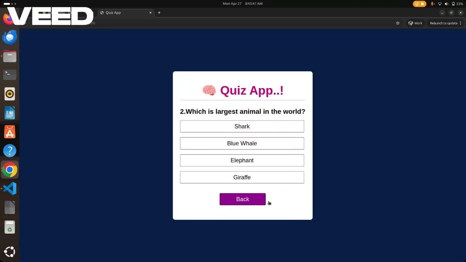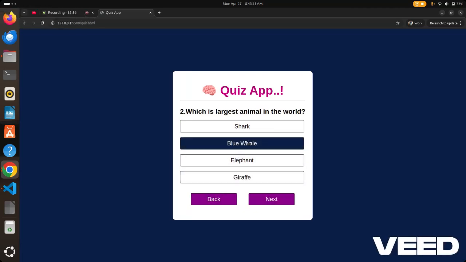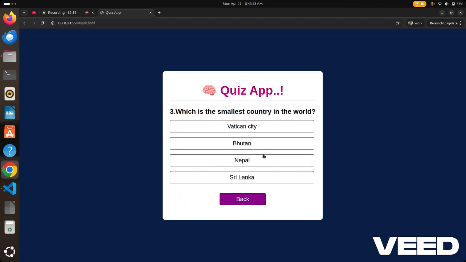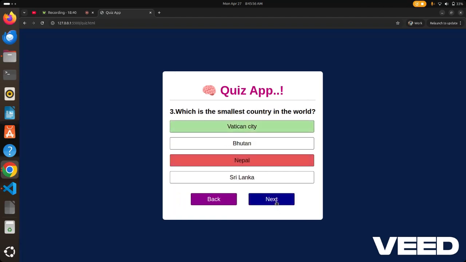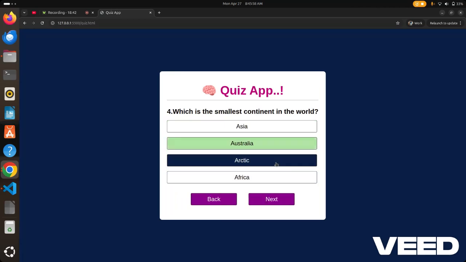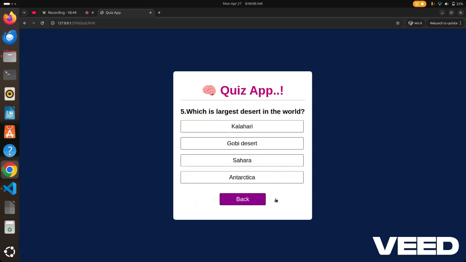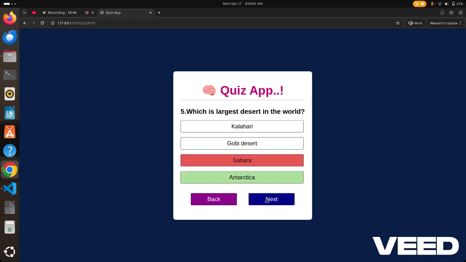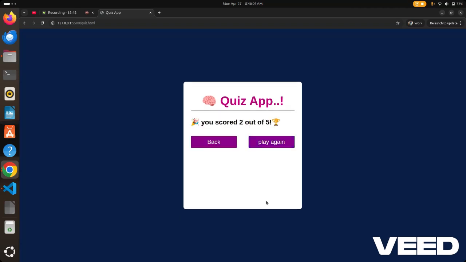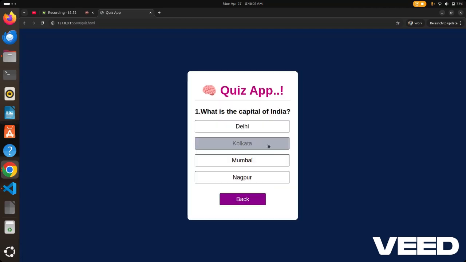You can see here again I am showing you practically, like if I click the correct answer, it is showing the next button. When I am going to the next question, it is hiding the first button. You can see, this is wrong. This is the fifth question, and at the end we can see here our score. If you want to play back, go and play back.